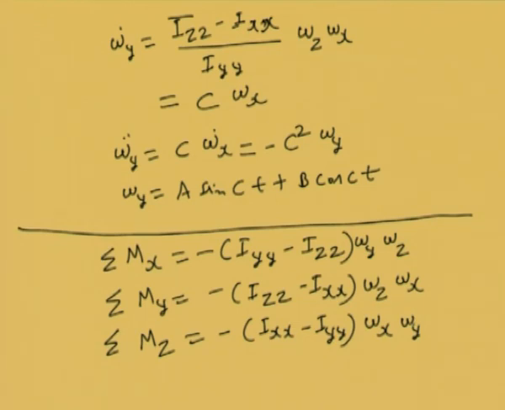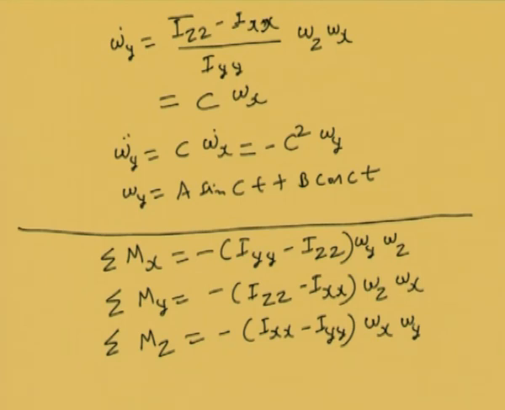In case Ixx is equal to Iyy is equal to Izz, of course the torques will be 0. But if Iyy and Izz are different, you see, even if the angular velocity is constant, there is still a torque acting. This is the point I want to emphasize: even if you have a constant angular velocity, it is possible to have moments. That means there can be moments and still there can be constant angular velocity. That is what we get from the Euler equations.